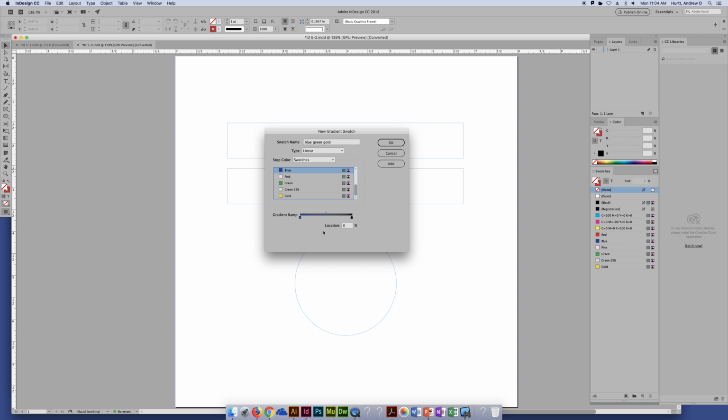I'm going to make that blue, and then I'm going to take this one, go to our swatches, and make that gold. And then I wanted to add the green in the middle. Very similar to Illustrator, I'm going to add a color stop just by hovering at the bottom